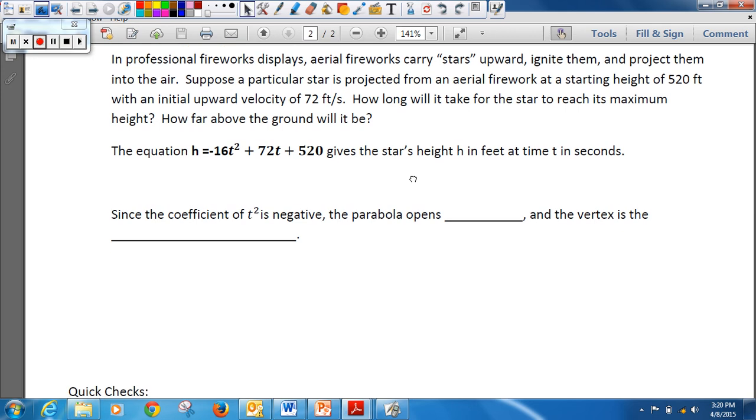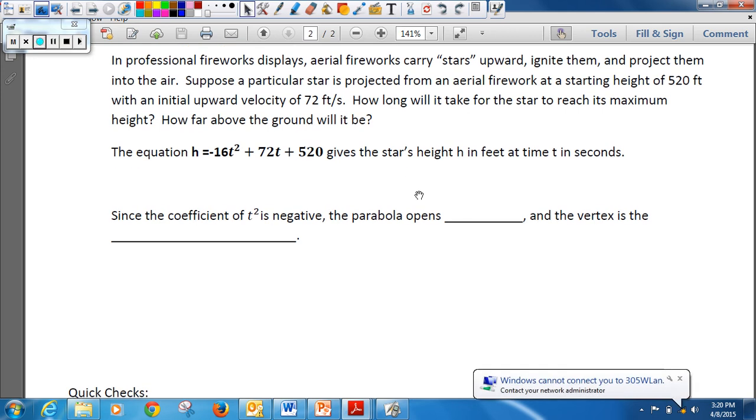Our real life example here is in professional fireworks display, aerial fireworks carry stars upward, ignite them, and project them into the air. Suppose a particular star is projected from an aerial firework at a starting height of 520 feet with an initial upward velocity of 72 feet per second. How long will it take for the star to reach its maximum height, and how far above the ground will it be? The equation h equals negative 16t squared plus 72t plus 520 gives the star's height, h, in feet